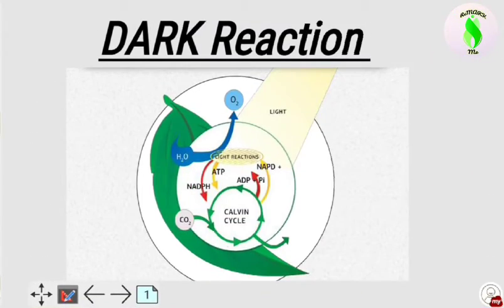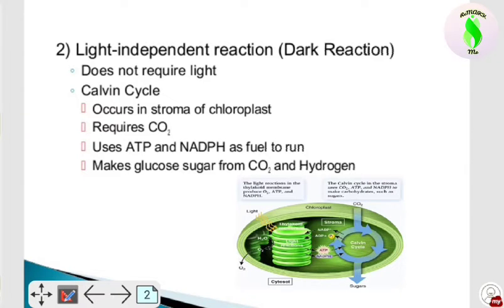As we already discussed in the previous one, in the light reaction two energy carriers are obtained, that is ATP and NADPH. These two energy carriers enter into the Calvin cycle to perform the dark reaction and obtain glucose. In this session, we will completely understand what the Calvin cycle is and what comes under it. To understand the topic, first you need to know what the dark reaction is.